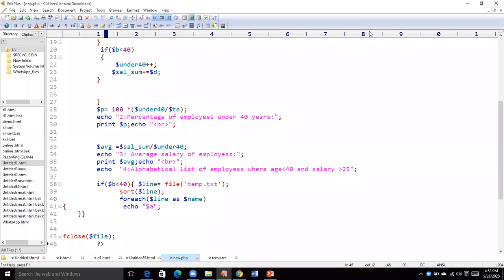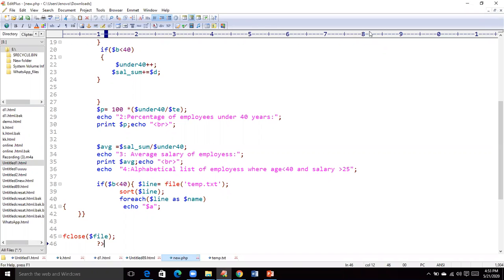Good morning, students. Today, let us see how to connect a PHP file with respect to the second lab program, which was left out. So I thought I will just discuss those things.